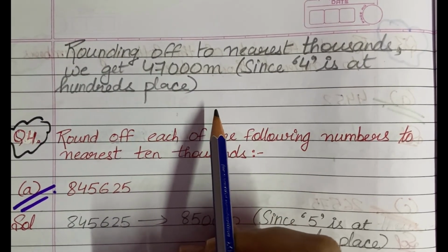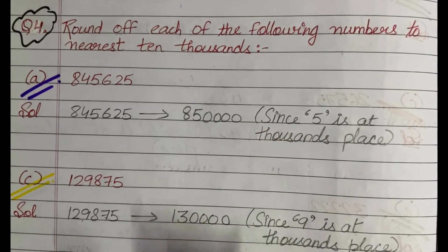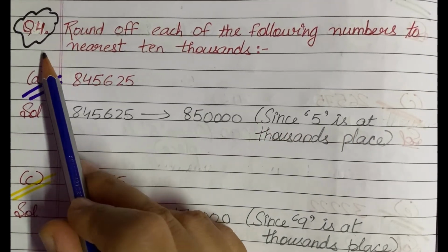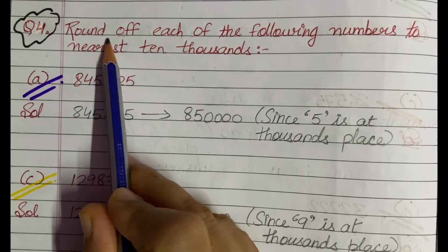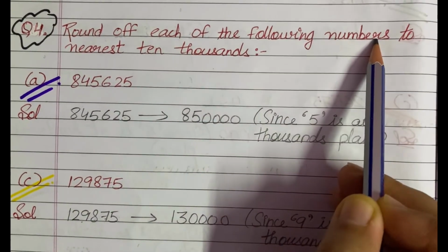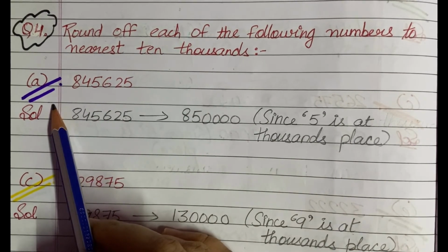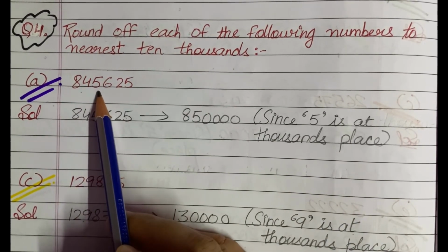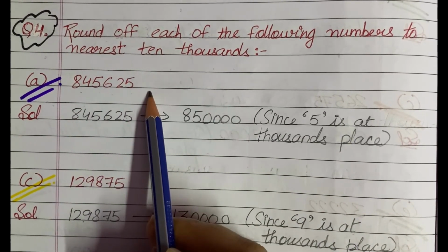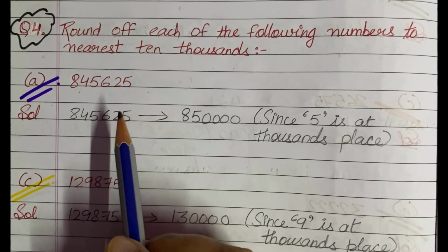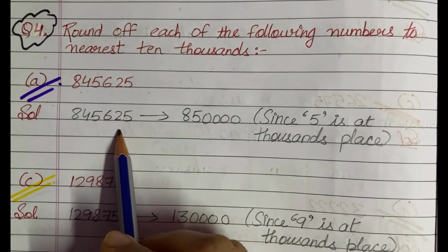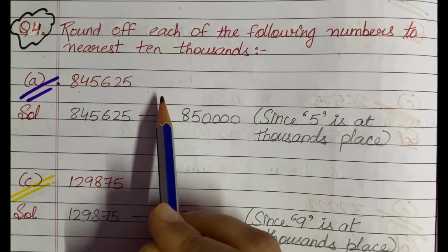Hopefully it is clear to you. Next is question number 4, and question number 4 says that round off each of the following numbers to nearest 10 thousands, and A part says that 8,45,625. Now students, since we want to round off the given number to the nearest 10 thousands, so we will